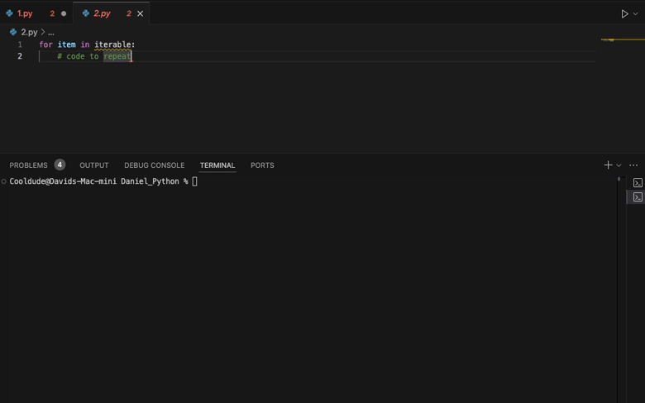Now let's look at this example. So I've created a list of numbers from 1 to 5, and I'll use a for loop to print each number. Now, when we run this code,